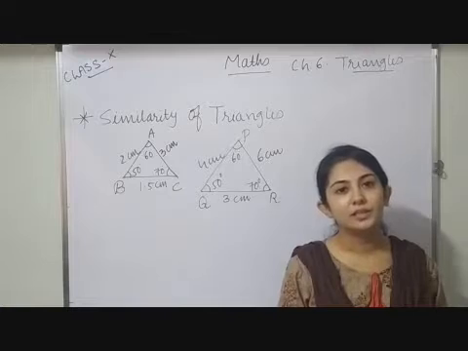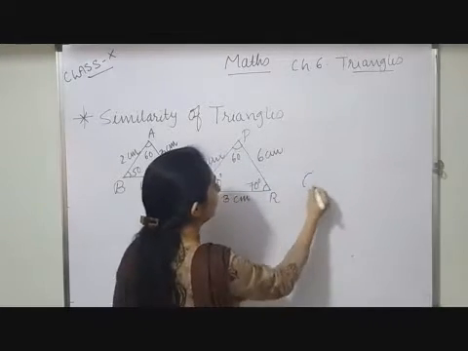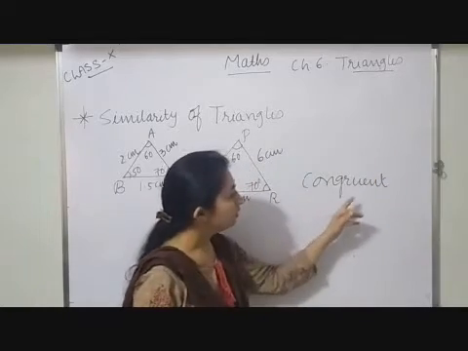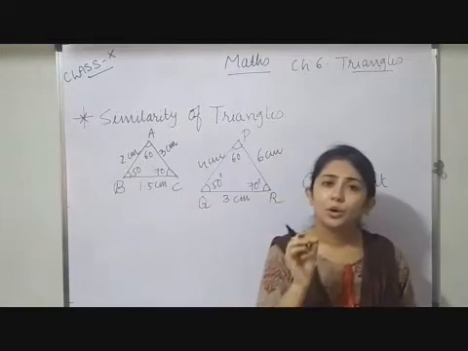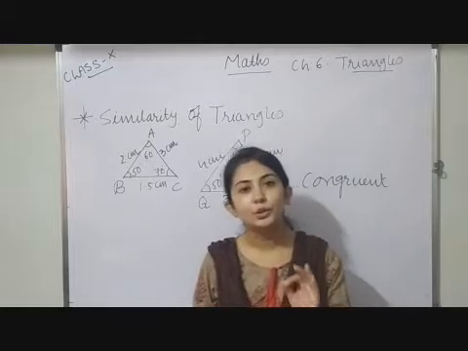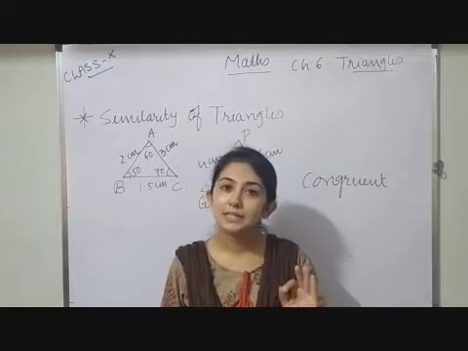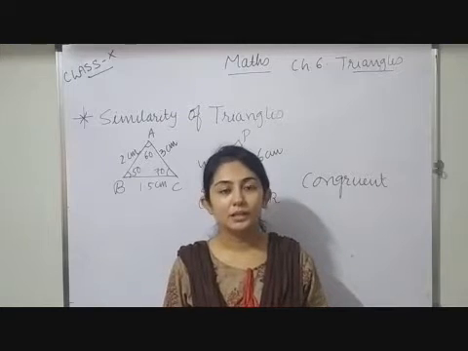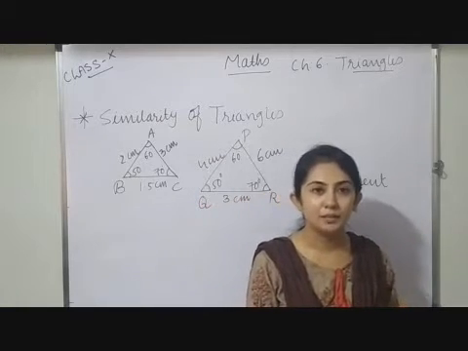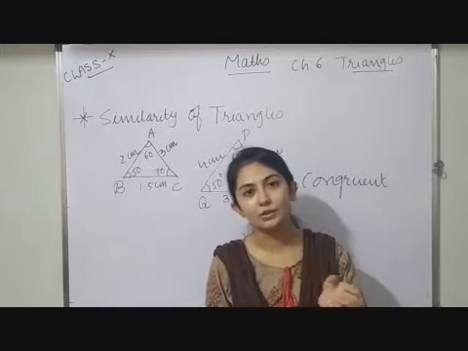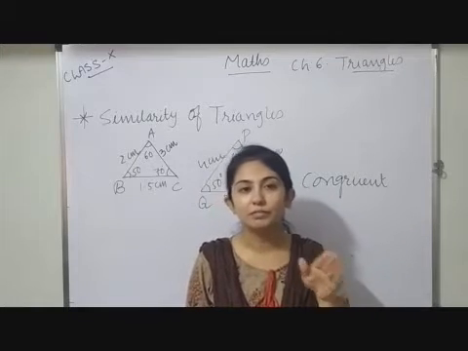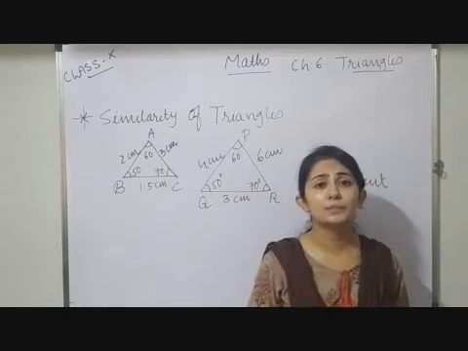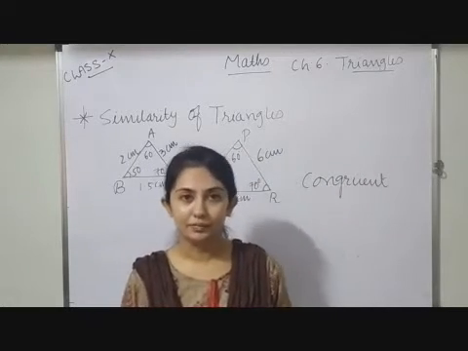In 9th standard, we have discussed congruent objects. What is a congruent object? Congruent objects means you have two objects which have the same size and same measurement. If I keep one object on another, the first will exactly coincide with the other. Those objects are known as congruent figures.